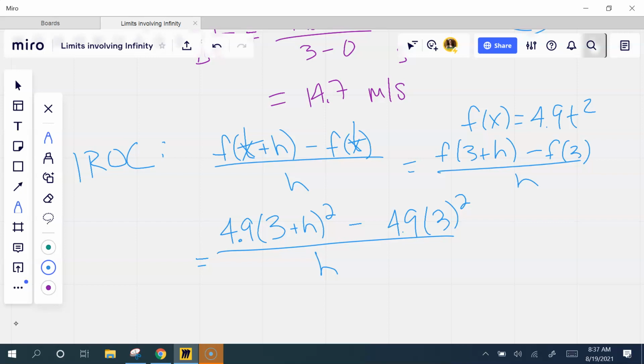All right, so the question is, as h gets closer and closer to 0 here, what happens? If you like to plug in, plug in 0.01 or 0.001, or whatever you want. If you want to expand this out and cancel the h's out, and then plug 0 in, you can do that also. It's just a difference in an algebraic solve versus a tabular solve.